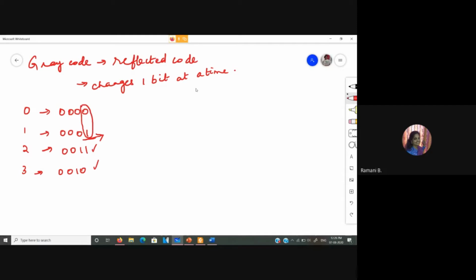So if you are going to place a mirror, this 1 will be immediately seen over here and the 0 will be seen in this position, right?